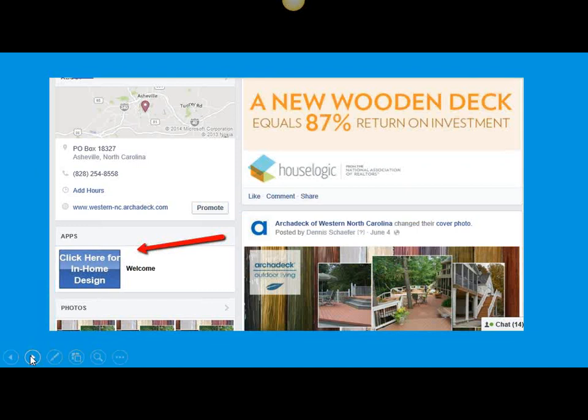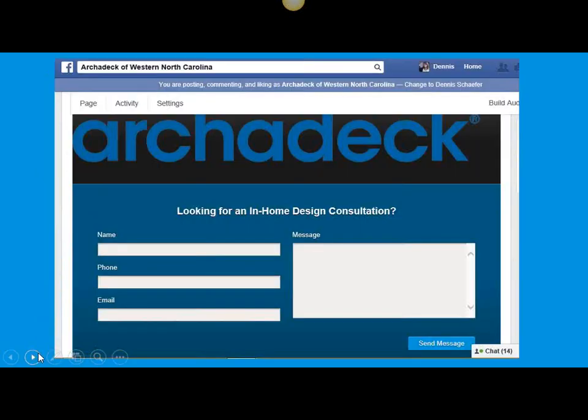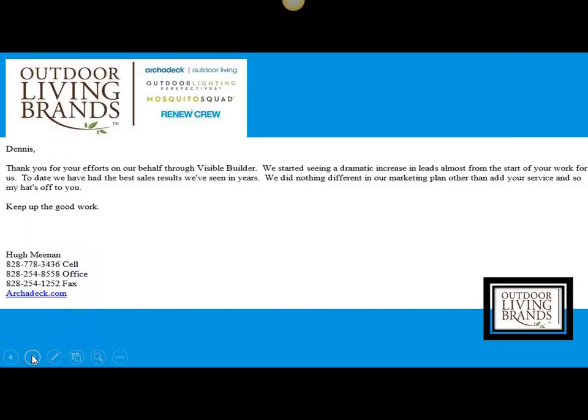One of the things we do when we set up a new member is we go to their Facebook page and we take one of the apps, one of the tabs, and we create a button right on the Facebook page to start getting leads. So if they don't want to go to the website to fill out a form, they don't have to leave this page. They can click that button, it goes directly to this page within the Facebook page, fill it out very quickly, easily, and send it. It comes directly to the email that you've submitted, so you can get directly to that client. So that's an important feature that we do when we're setting up and reconfiguring the Facebook page.